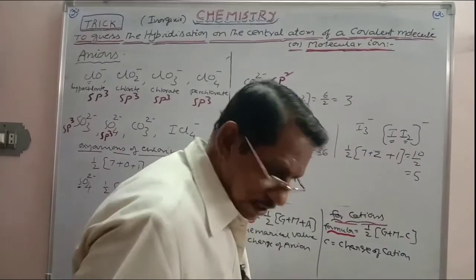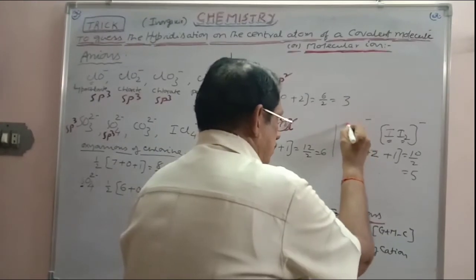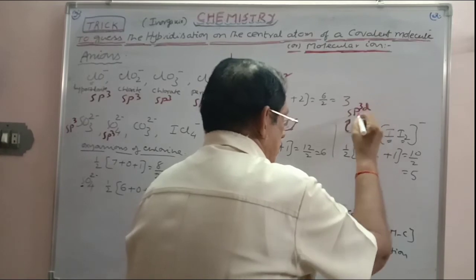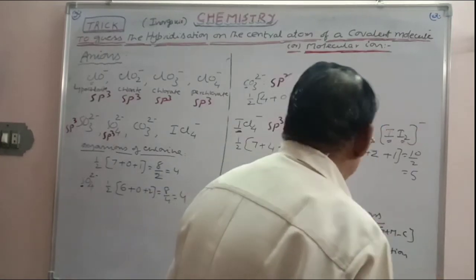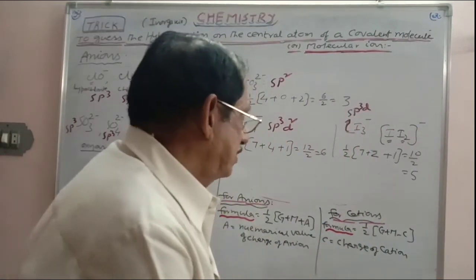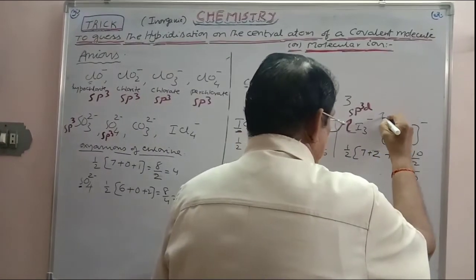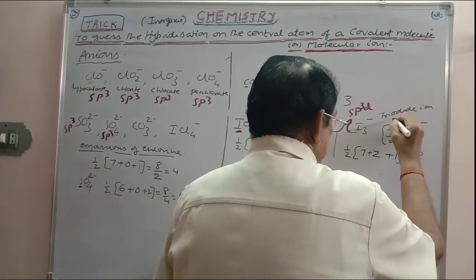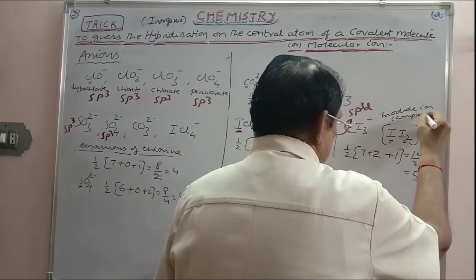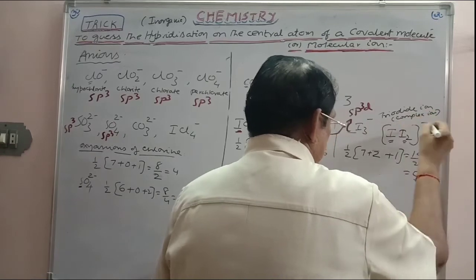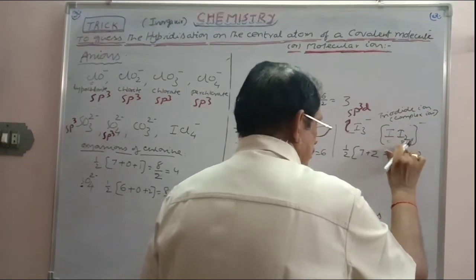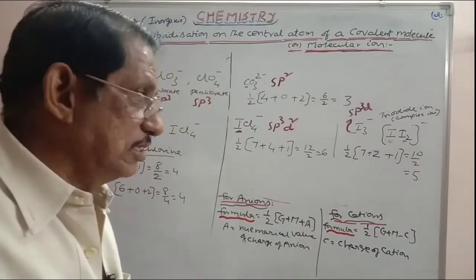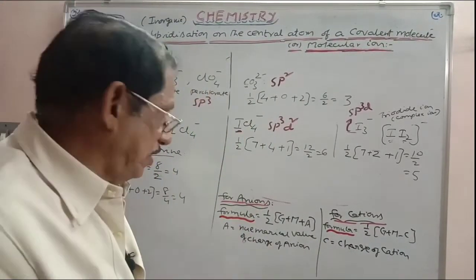So what is the hybridization here in this case? In this case, the hybridization is sp3d. So in the case of the I3- ion, triiodide ion, it is a complex ion. Very interesting example. You have to imagine in this way only. This is the central atom, these are the surrounding atoms. Right. In this way, you can take any anion and analyze it, and you can easily guess the hybridization, what is going to happen there.